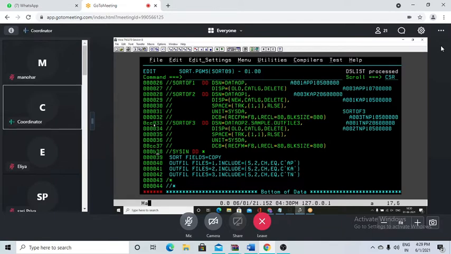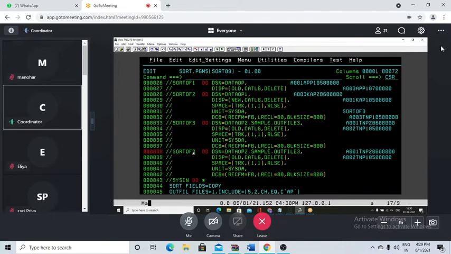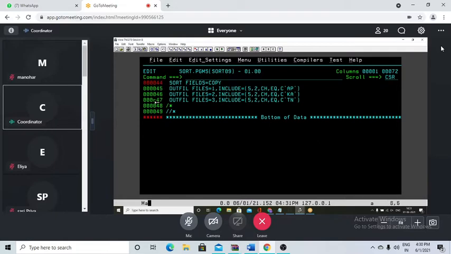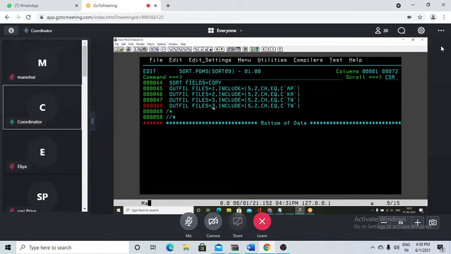So let me just copy these. Okay, and let me put it like before and make it like sort of 4. Okay, and I want data output 3. So let me just remove these. Yeah, so let me make it like new. And you have sort fields, right? So over here, let me repeat this and make it like 4. Okay, I want to include everything which has AP, KA, and NN. Then you can give rather than CH,